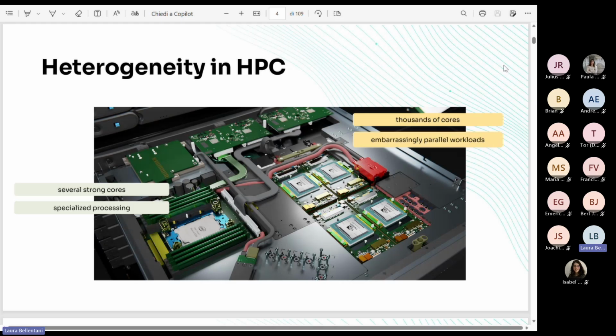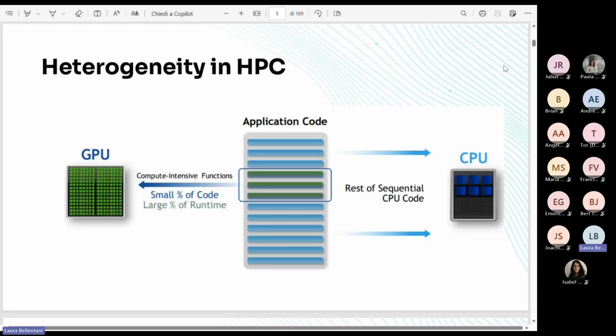for highly parallel workloads. So in the standard GPU flow model, you typically have a code which starts on the CPU for initialization, for example, and then the most compute-intensive functions and lines of the code will be offloaded to the GPU, and then the computation will go back to the CPU for some, for example, I/O operations.